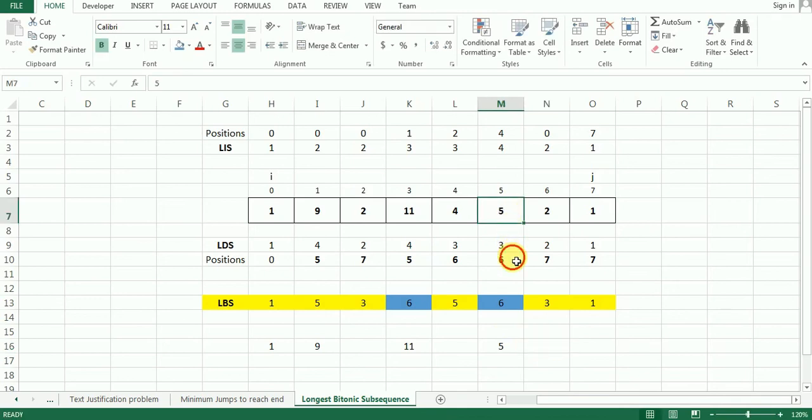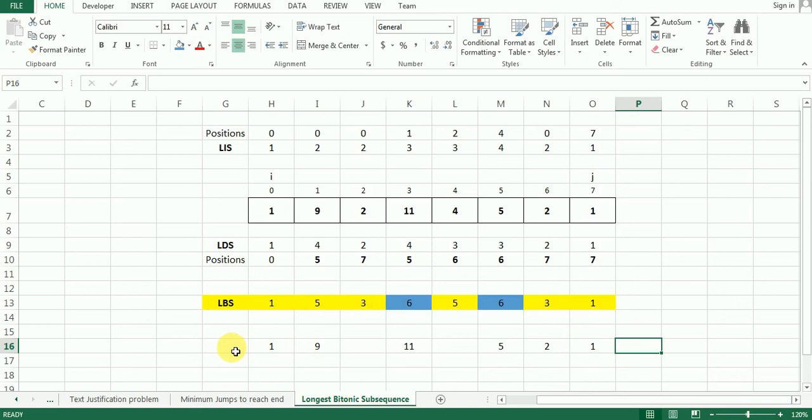I have 6. I go to 6. I get 2 as the answer. So let me put 2 over here. At 2, I have the address stored here as 7. So I go to 7. I find that I have the value 1. So I will store 1 over here, and this is my longest Pythonic subsequence.